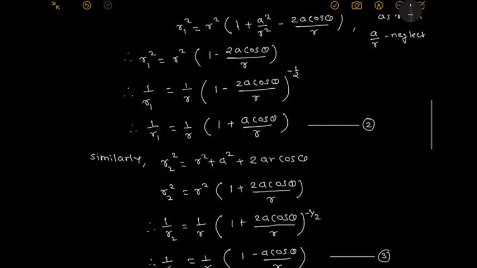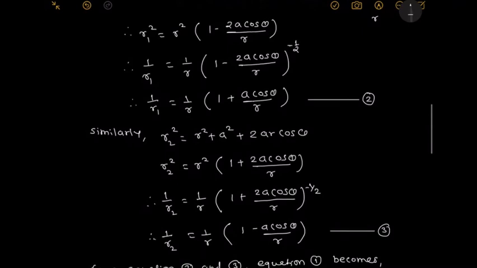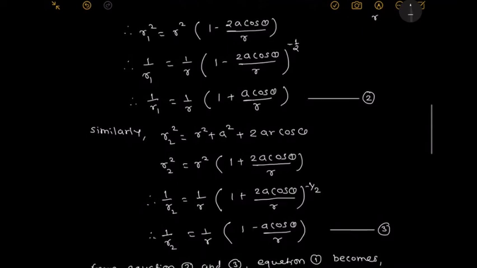Use the binomial theorem for the bracketed term raised to minus half and write only the two terms. Therefore, the term becomes 1 by R2 is equal to 1 by R into bracket 1 minus a